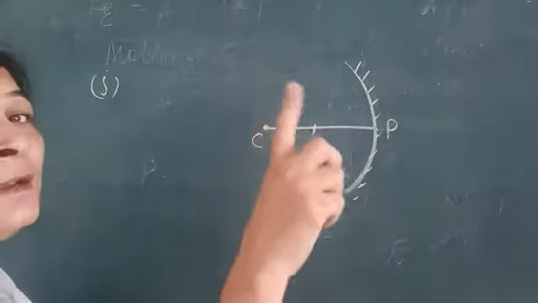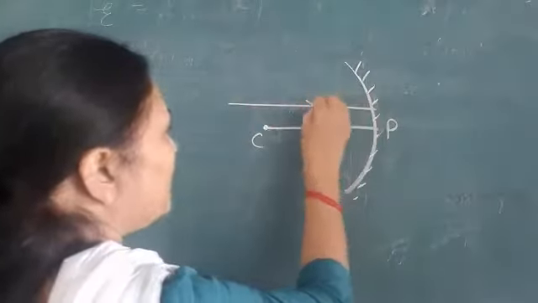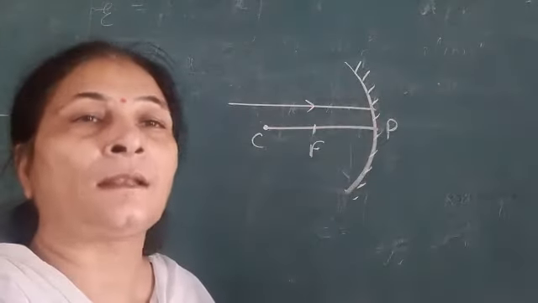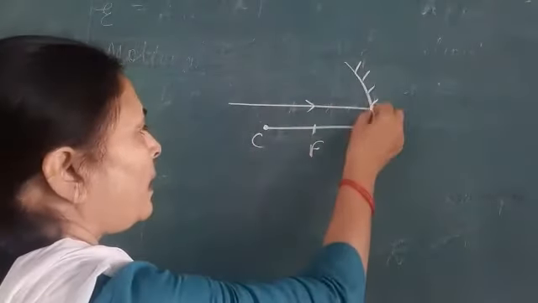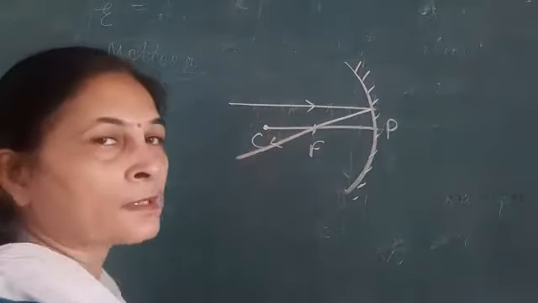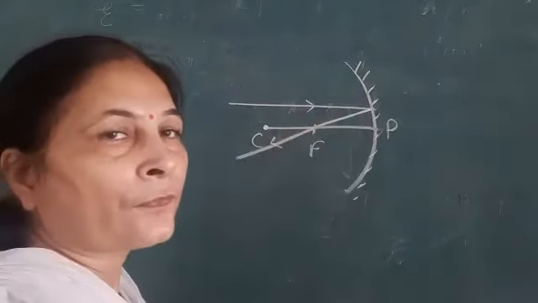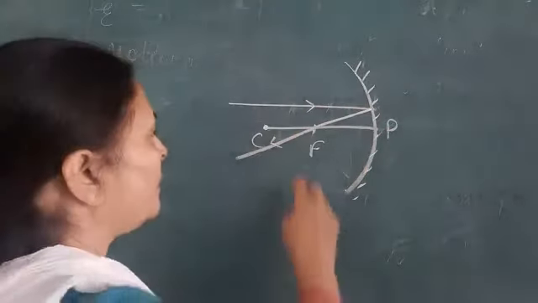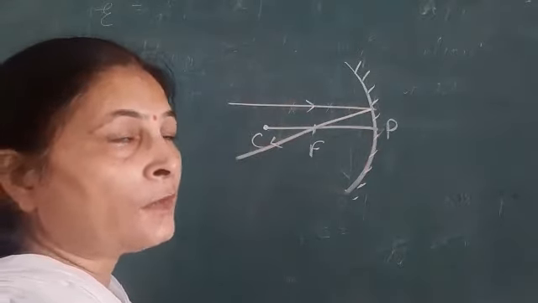A ray of light parallel to the principal axis, see, like this. Light can be incident on a given mirror parallel to it or by making an angle. So if it is parallel to the principal axis, the rule is it will after reflection pass through the focus. You have to take care that you draw these arrows: arrow pointing towards the mirror for the incident ray, and arrow pointing outwards in case of a reflected ray from a given surface.